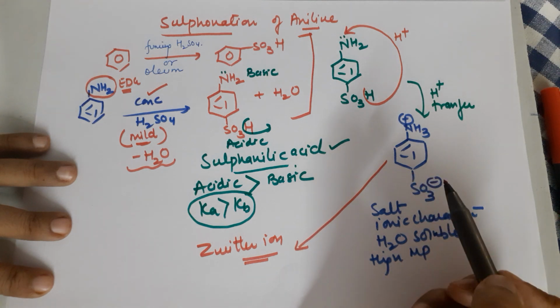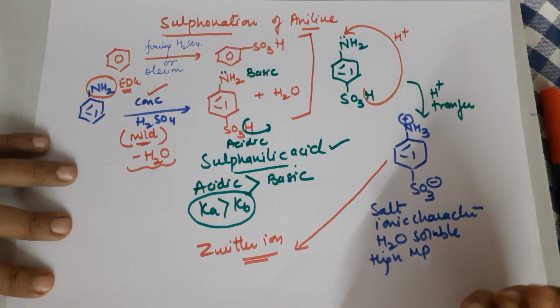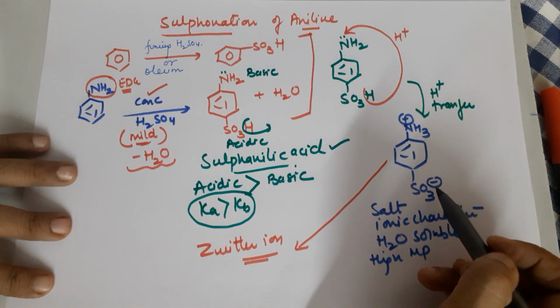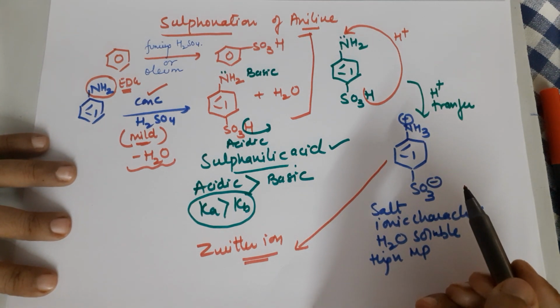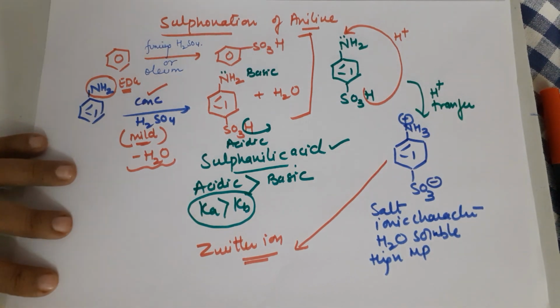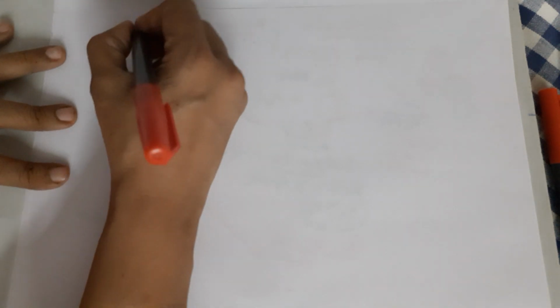Ion है, but it is separated by a certain number of atoms via the covalent bonding. So this is the zwitterion. It is not a specific name, it's just a classification. So zwitterions are those compounds, organic compounds, जिनमें positive और negative charges होते हैं, but they are separated by a group of atoms.